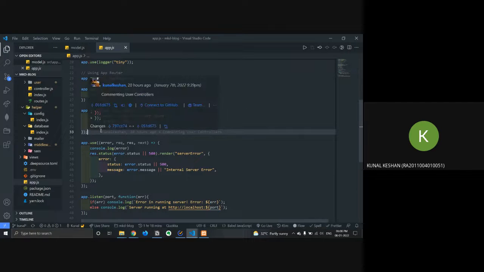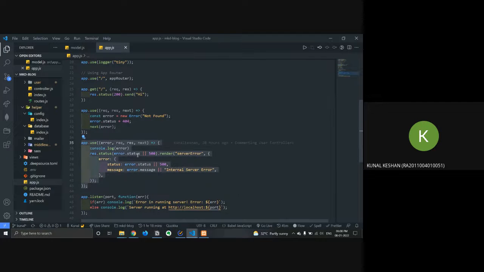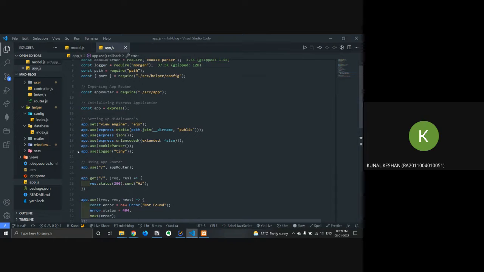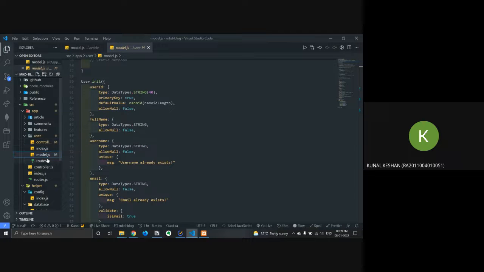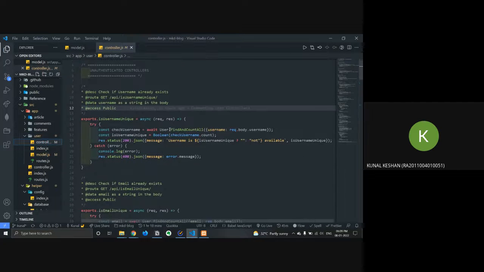If there is some error in my server itself, it is handled like this: if the error is defined, send that error, else it will be a server error. Okay, I'll come back to my controller. All right.